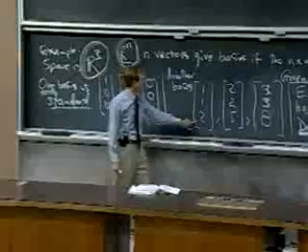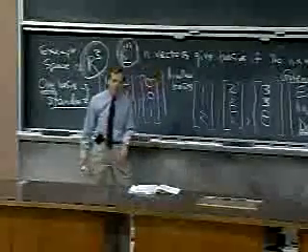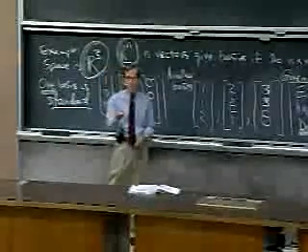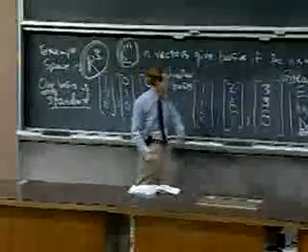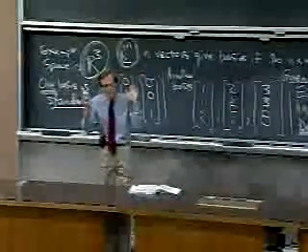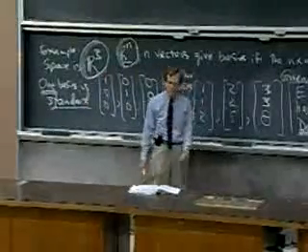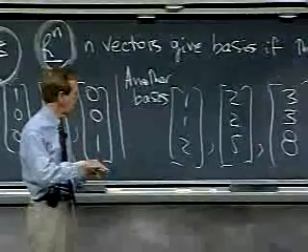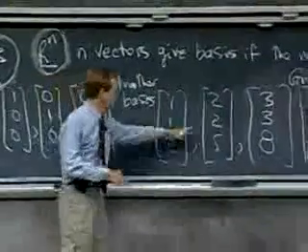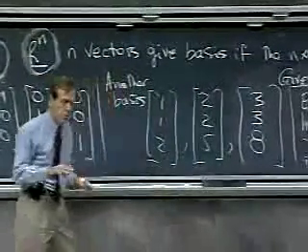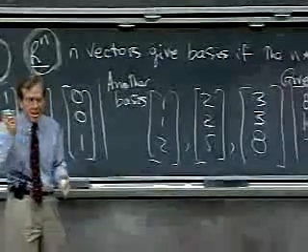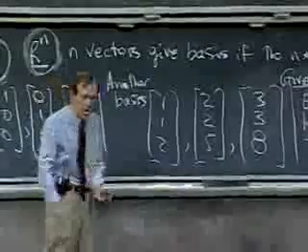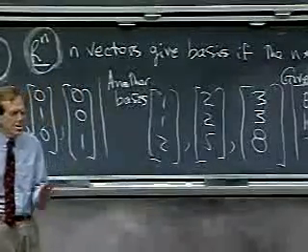So I started with these vectors 1, 1, 2 and 2, 2, 5, and those were independent. And then I said 3, 3, 7 wouldn't do, because 3, 3, 7 is the sum of those. So in my innocence, I put in 3, 3, 8. I figured probably if 3, 3, 7 is on the plane, which I know it's in the plane with these 2, then probably 3, 3, 8 sticks a little bit out of the plane. And it's independent, and it gives a basis. But after class, to my sorrow,